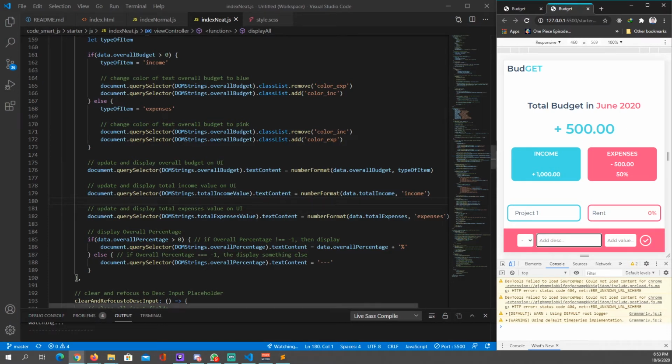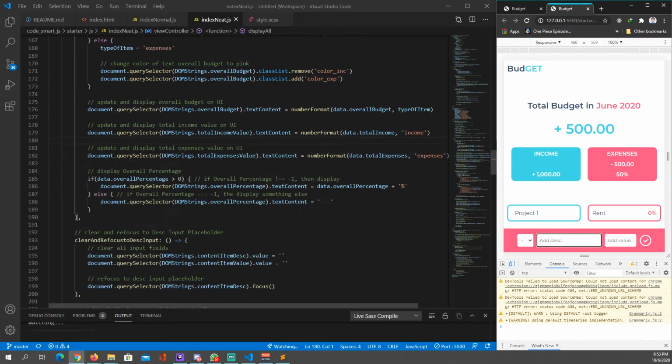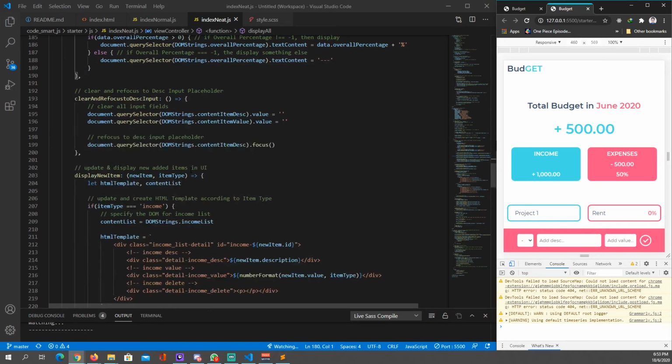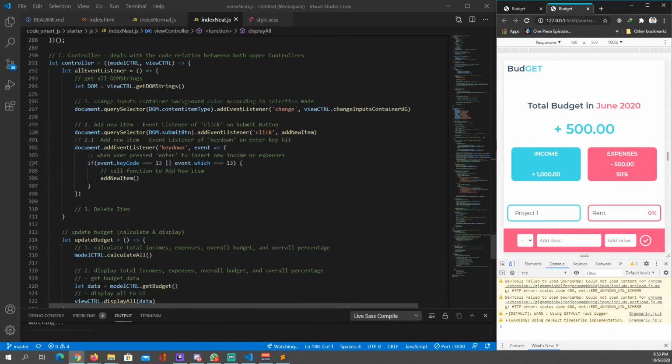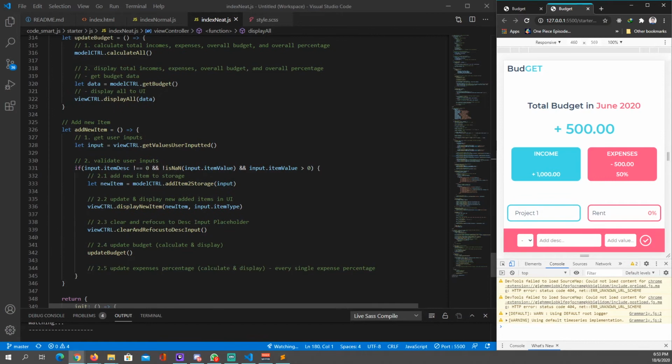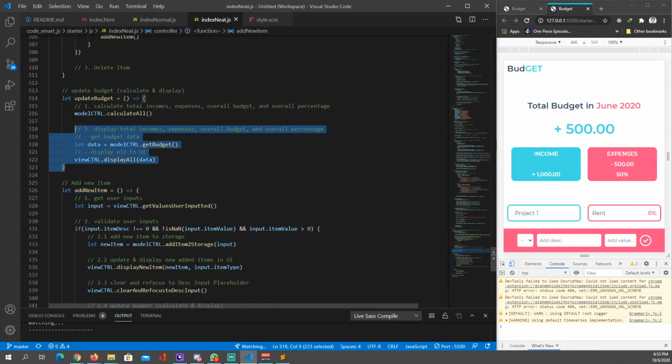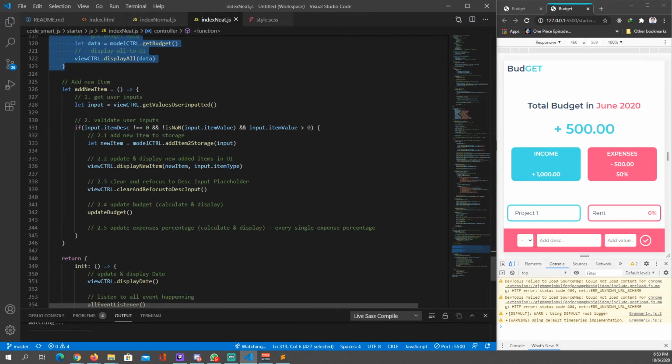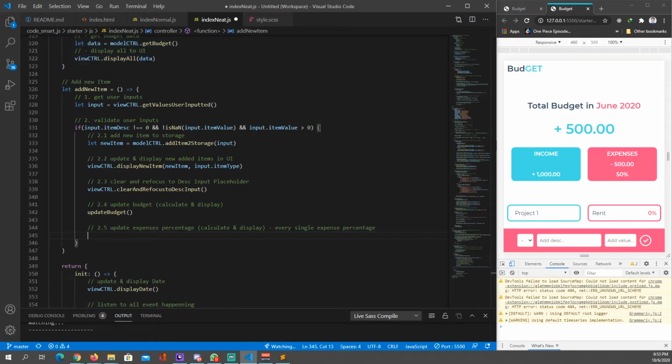So the next thing that we need to do is to calculate our single expenses, right? So rent over here, we should change this 0% to 50%. That's what we're going to do next. So go back to your controller. Inside of add new item, we already finished our update budget over here. So inside our add new item button, inside of here, what we're going to do next is basically